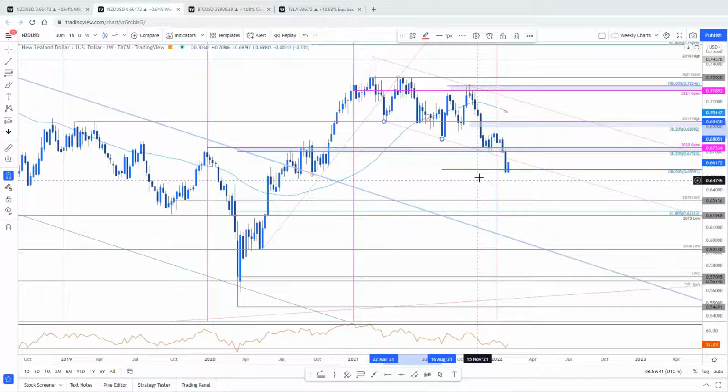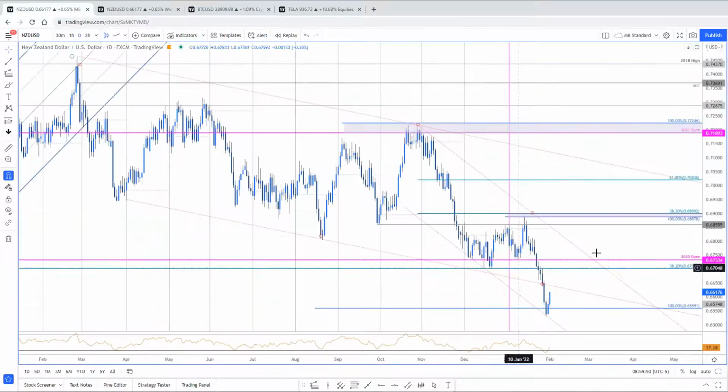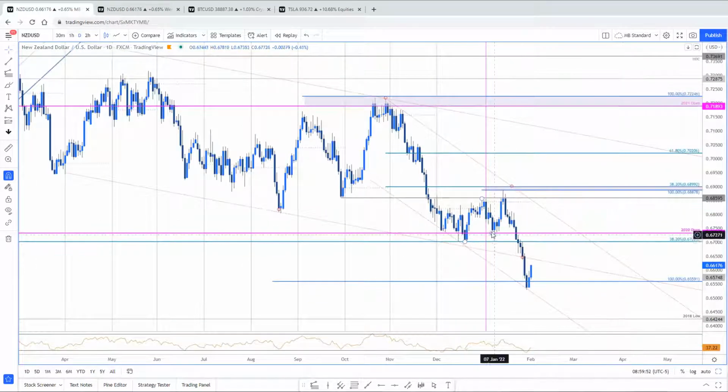Don't forget, later tonight, you do get the New Zealand employment figures and the unemployment rate, expected to be at 3.4%. But this is pretty big. Here's Kiwi on the daily charts. Again, last month, a beautiful, clear break of the monthly opening range late in the month, which is exactly what you want to see. It had us close the month pretty darn close to the lows. New month opens and you're on the recovery. If this is still heading lower, 67 should be resistance, max on the recovery early in the month.